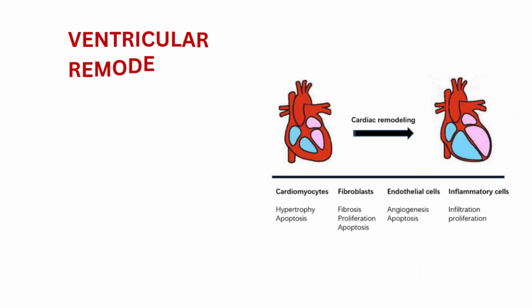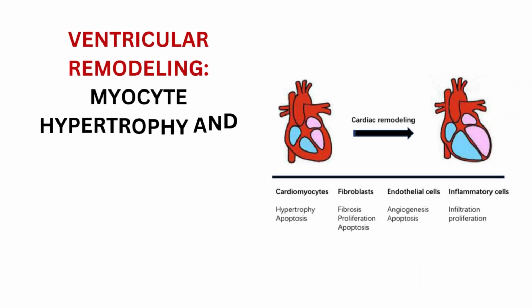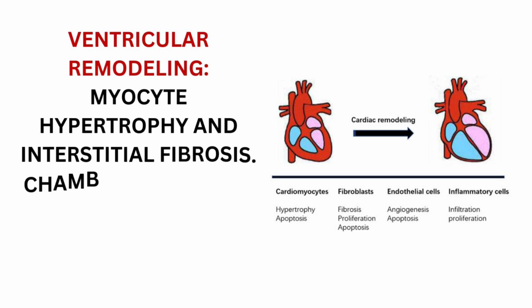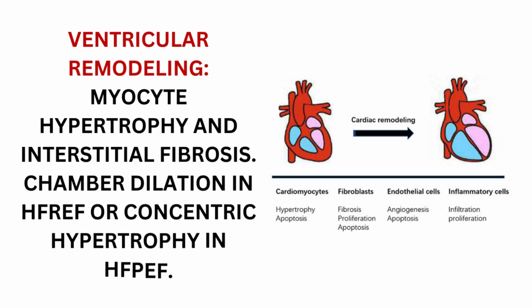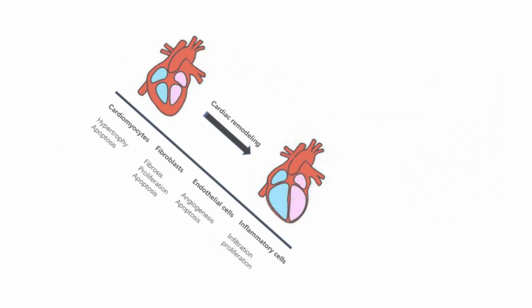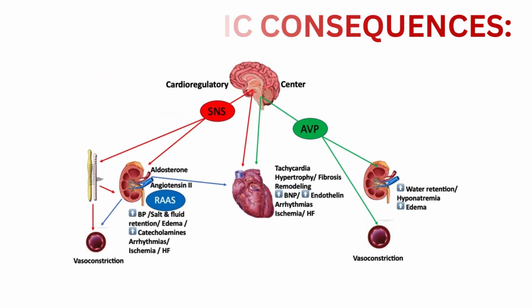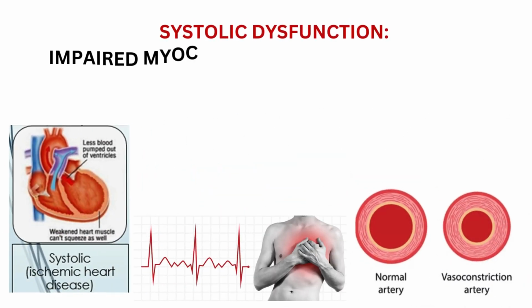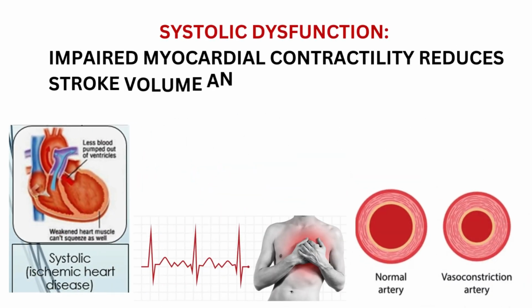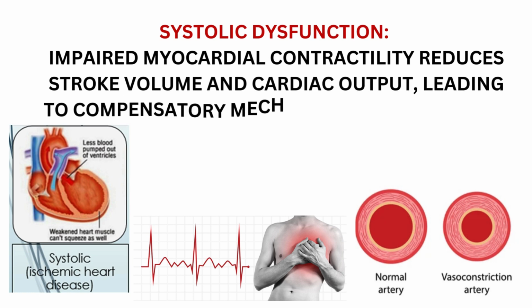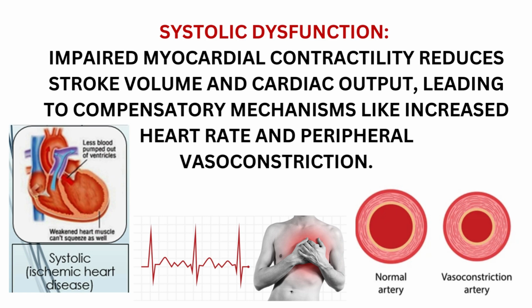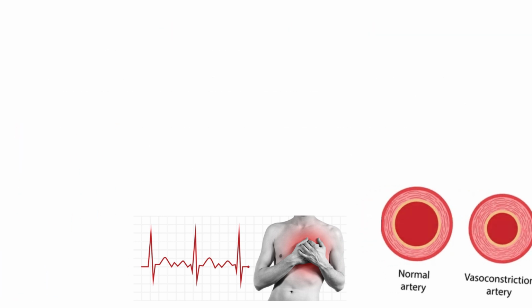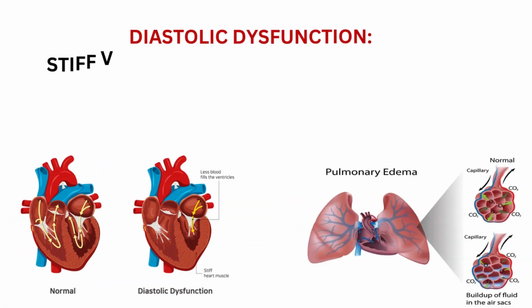Ventricular remodeling: myocyte hypertrophy and interstitial fibrosis. Chamber dilation in heart failure with reduced ejection fraction or concentric hypertrophy in heart failure with preserved ejection fraction. Hemodynamic consequences. Systolic dysfunction: impaired myocardial contractility reduces stroke volume and cardiac output, leading to compensatory mechanisms like increased heart rate and peripheral vasoconstriction. Diastolic dysfunction: